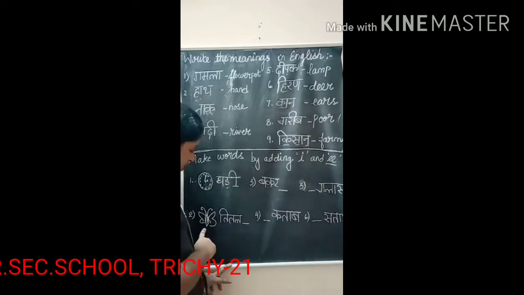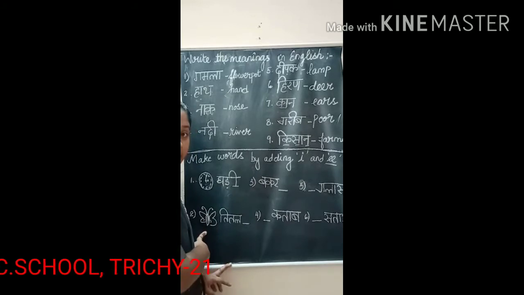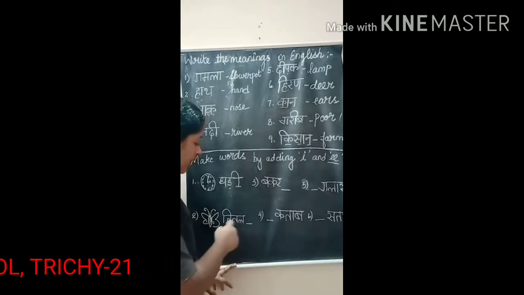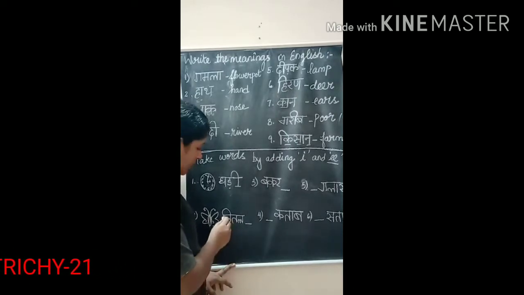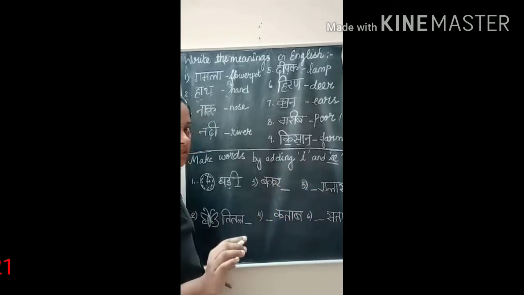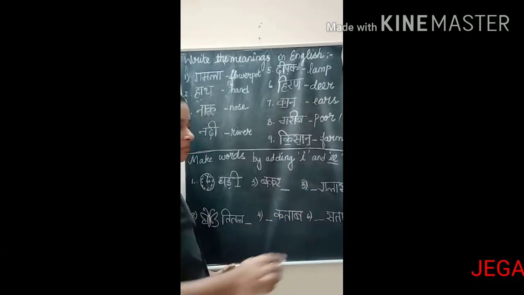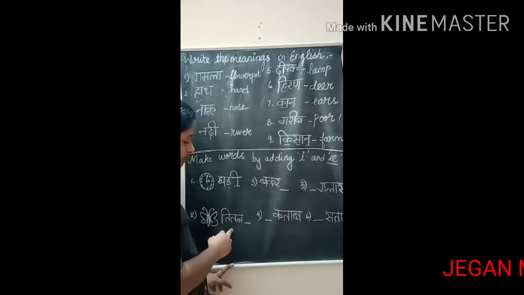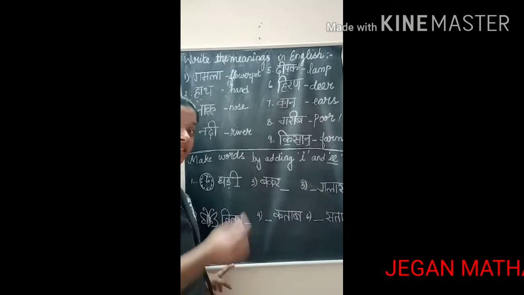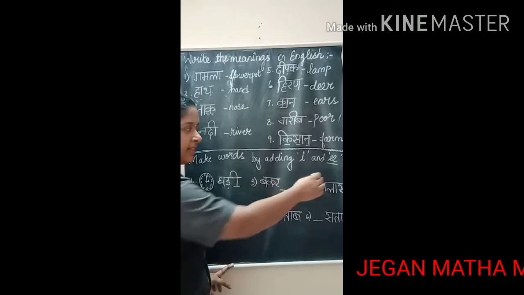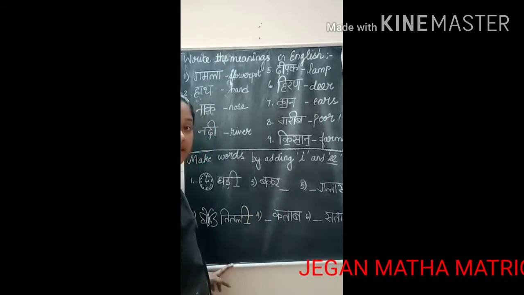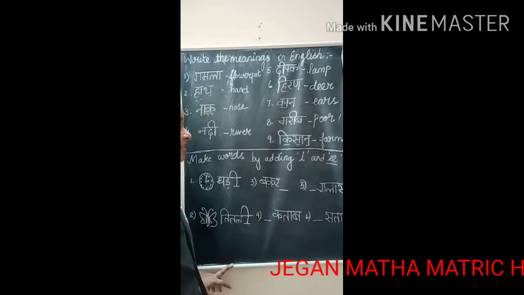The second one is a butterfly. We call a butterfly in Hindi Titeli. Titeli. Already one symbol is here, and this is the symbol of E, so not giving any stress. We need to give stress to the symbol E. See here how I am pronouncing it as Titeli. So the symbol of E is to be used here. Okay, Titeli. Next word.